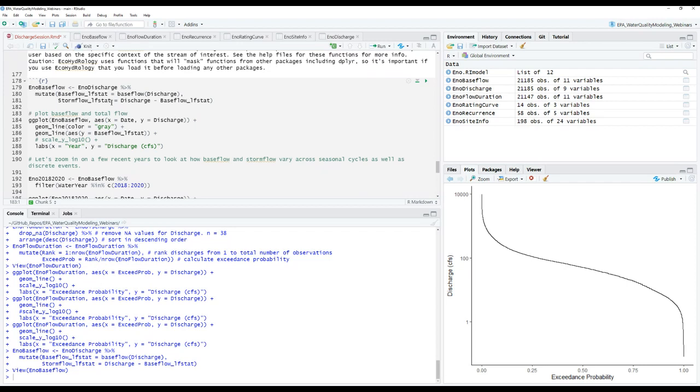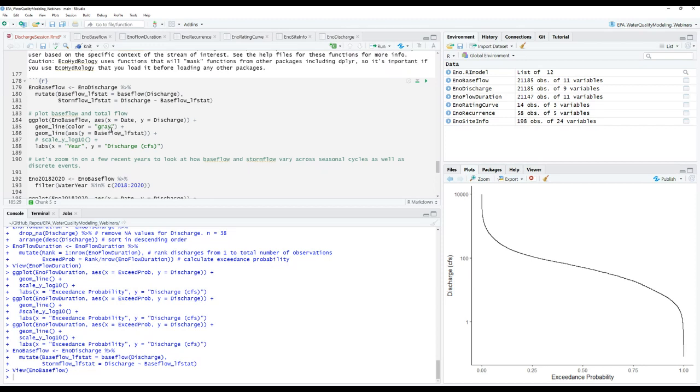But we could do that with a graph. So let's plot, let's say ggplot. We're going to plot with the baseflow data set. Our aesthetics are going to be date and then our discharge. So we'll plot our discharge over time first. We are going to use that, so plus, let's make another layer. We're going to use the geom_line function again. So we're going to take a line that connects all of our points. It's like a connect the dots without any dots. We are going to make this line gray for discharge.